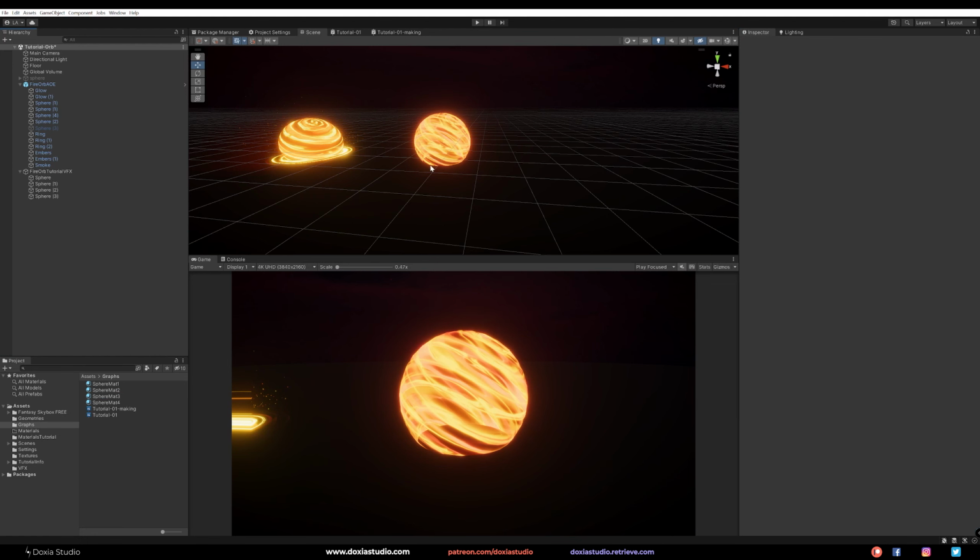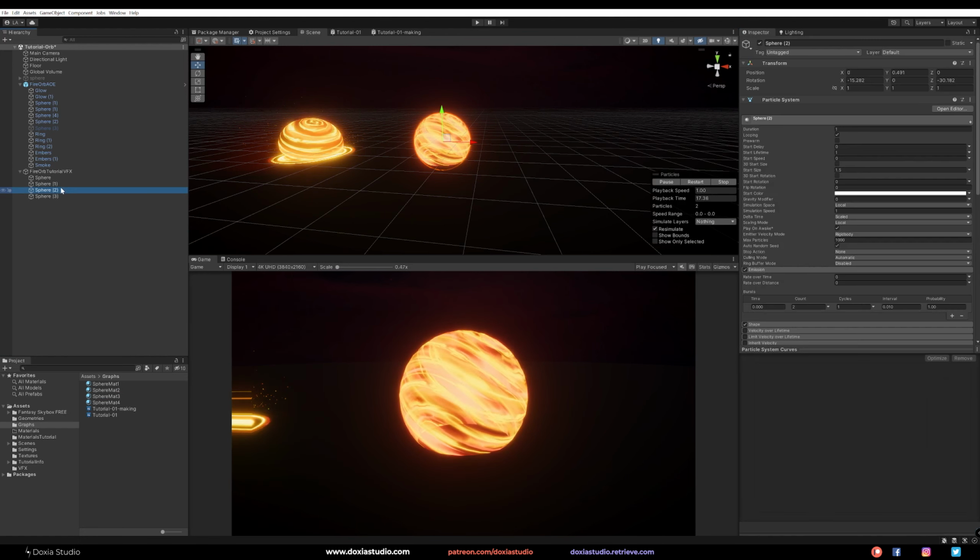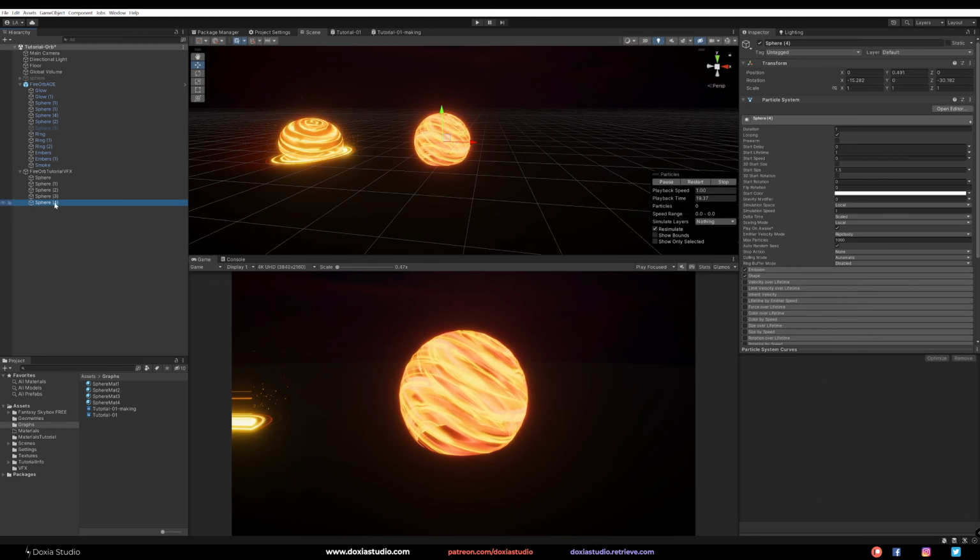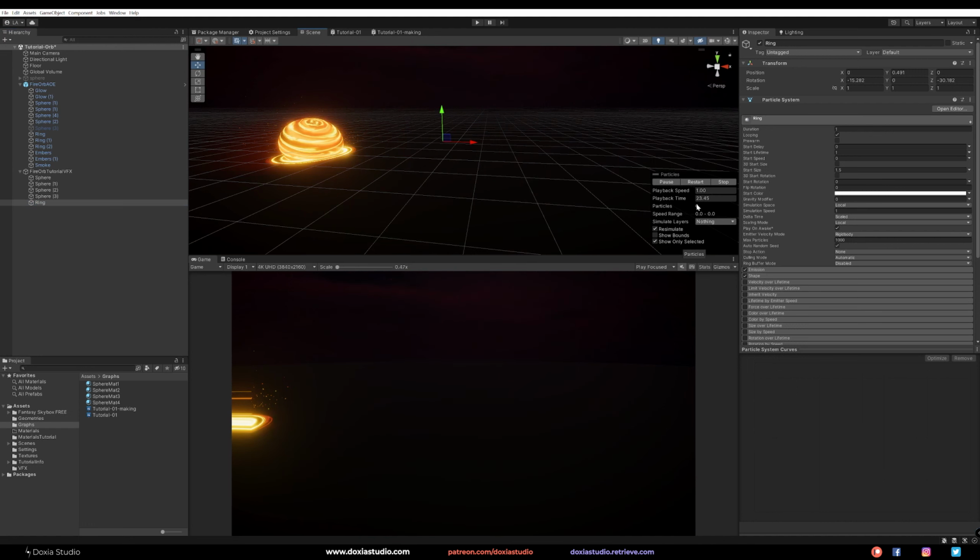Now let's create the rings. The rings are really simple. So we can come here, for example, on sphere 2. Let's change it to ring. And let's only select bounds. So on this one, instead, let's reset this. Instead of emitting a shape like that, you can come here and increase the size.